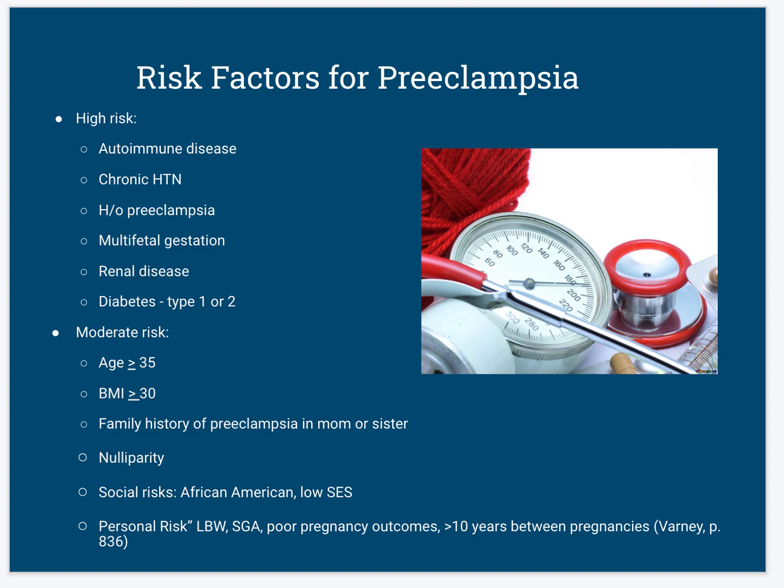About 2 to 8% of women will experience preeclampsia worldwide. I'm not going to get into the pathophysiology because the video that's posted will go into that. I thought they explained that really, really well, and I don't really want to get into that too much more. But the risk factors are